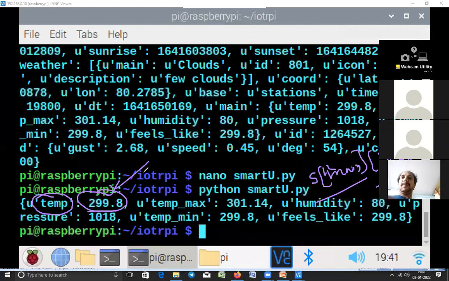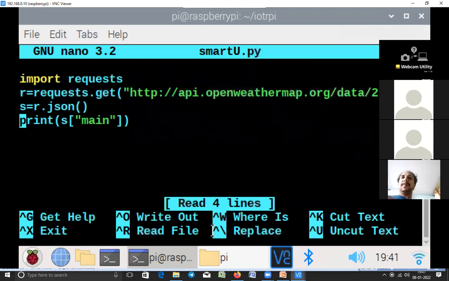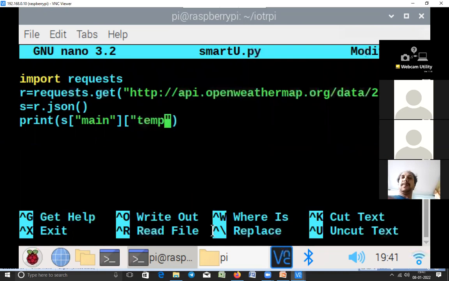I'll be showing that now here. So better, all of you see here. Now we want to print temp. We'll store this in some variable t. Variable t equal to S of main and then temp.